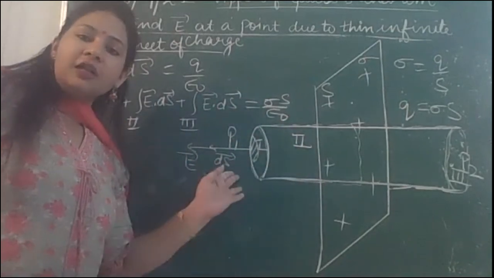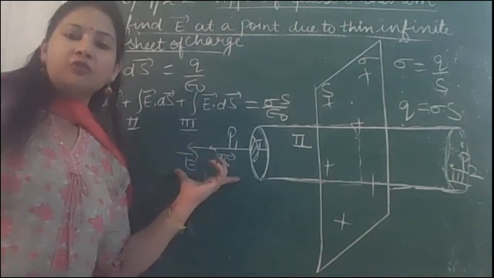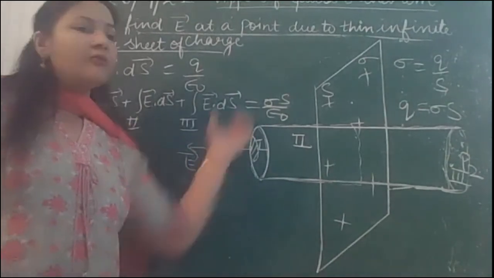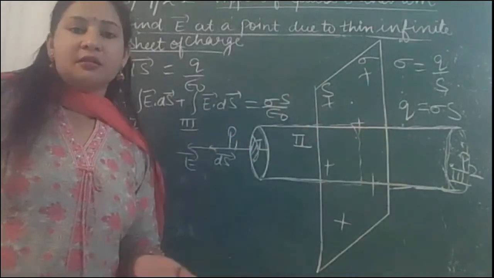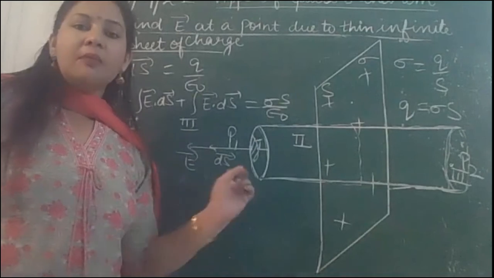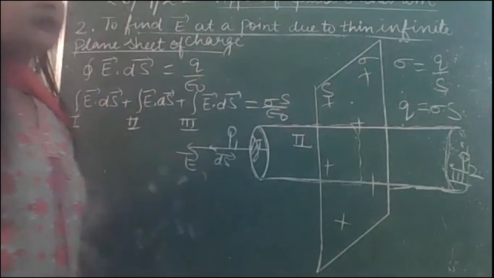Like charge hai, so it will experience field away from it. So E and ds are in the same direction for the first part and same way it will be for third part also. So this is the reverse unlike the previous case. वहां पे हमारे टॉप और बॉटम पोर्शंस कंट्रीब्यूट नहीं कर रहे हैं, यहाँ पे कर रहे हैं. लेट अस चेक द मिडिल पार्ट.